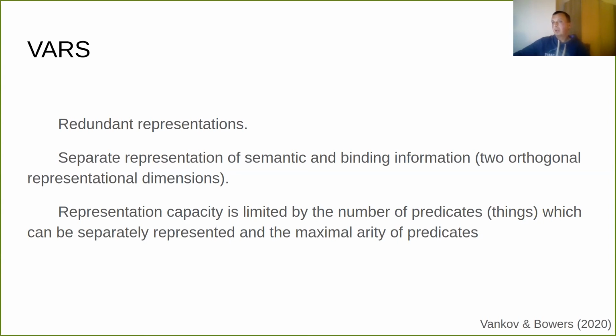And of course, just like tensor products, we assume that representation capacity is limited by the number of predicates, or the number of things we can represent at a given time, and the maximal arity of the predicates, in other words, the maximal number of arguments of relations,